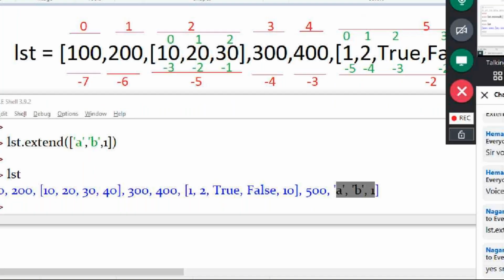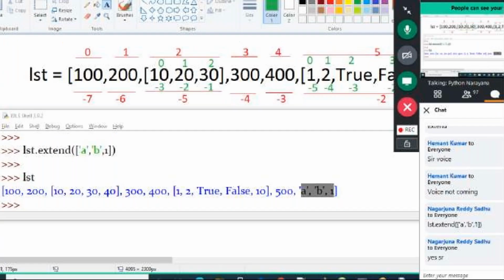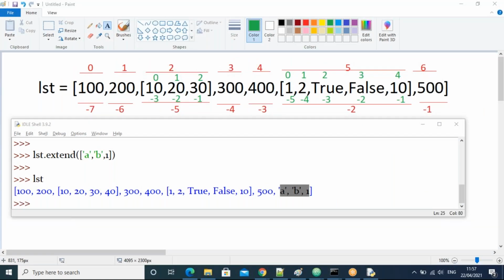Next one, guys. I want to insert NTH here. Tell me now how it's possible. I want to insert NTH between 20, 30 in sublist 1. How is it possible? I hope you are all getting my voice, right?